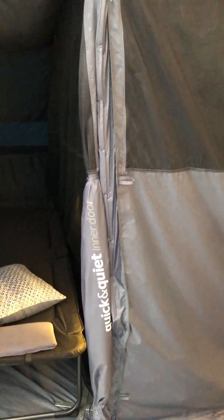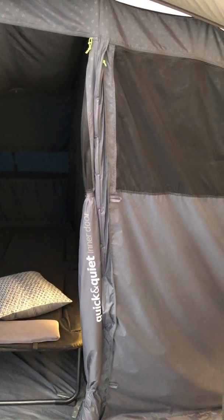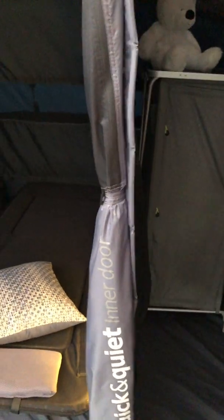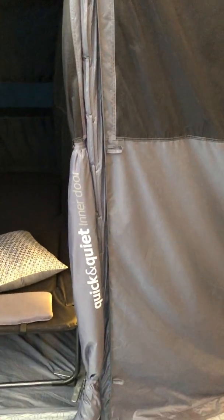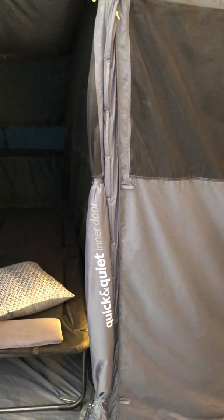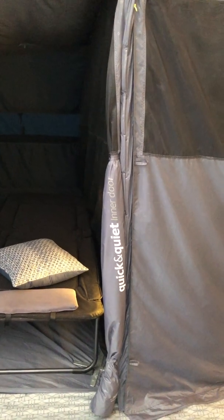So you have the facility to zip the doors fully round as you would do normally, like on any other tent, but you also now have a facility to actually open the doors very, very quietly when it is in the middle of the night and you don't want to make a lot of noise. Then you can just open the doors like so and literally let them go, and the magnets just grab together and close it automatically for you. So it really helps on that front, makes it nice and easy to get in and out of the bedrooms without